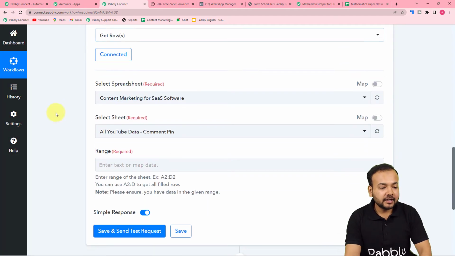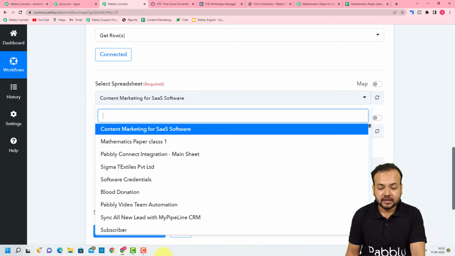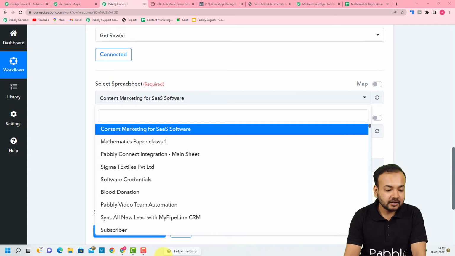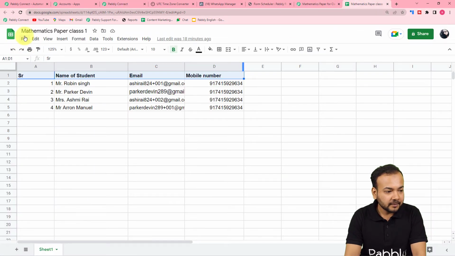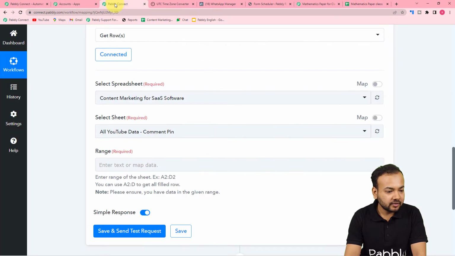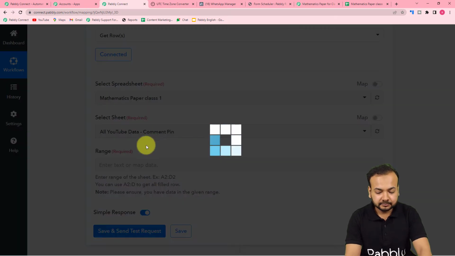So we are now connected, and here it is asking to select your spreadsheet from this list. In this list it will show you the spreadsheets that you have created till now in your Google Sheets application, and from here you can select your spreadsheet. The name of my sheet is this one, you can see mathematics paper class 1, this is the name. So let me select it from here. Okay, here it is selected,